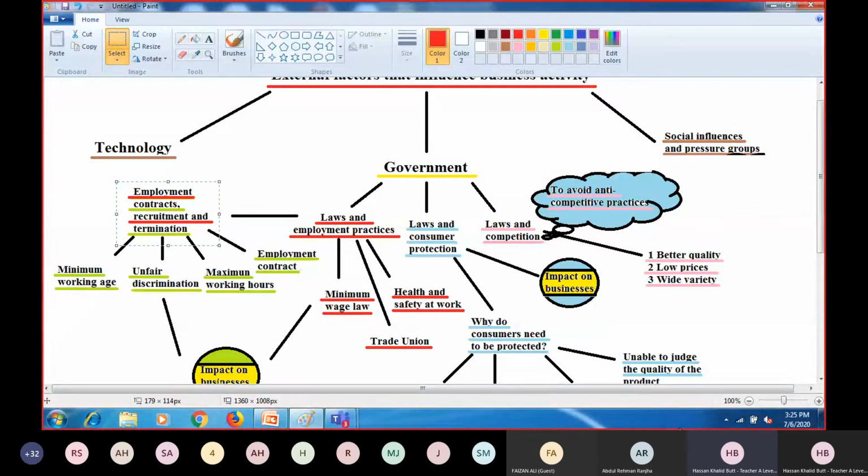Okay, so it means there are positives of that employment contract, because government has passed laws to protect employees as well through that legal contract, they protect employers as well. So how would it be a disadvantage for the employer? Can anybody tell me? Anusha Azhar, can you explain to me how it can bring a disadvantage to the employer? I'm talking about employment contract.